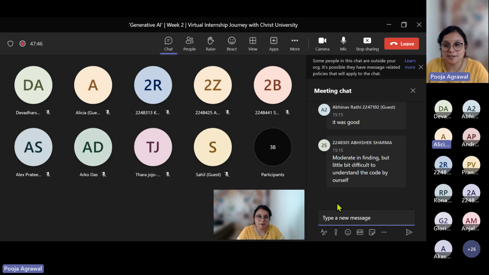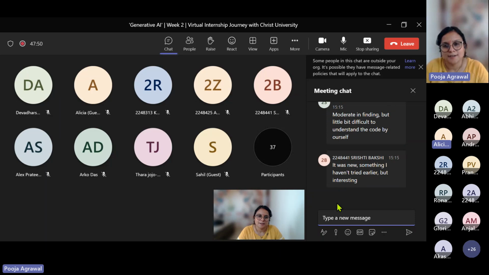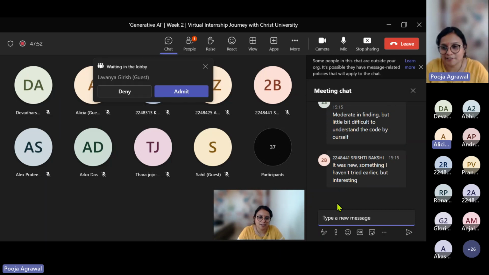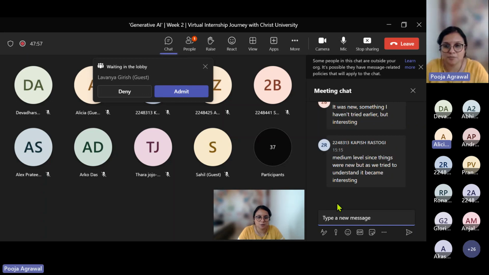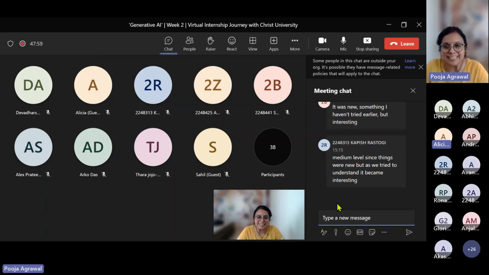But the interesting part is, how many of you were able to use Candy to search? Okay, it was new, something I haven't tried earlier, but interesting. Thanks, Rishti. That helps understand that it was at least helping you guys. Medium level, things were new, but as we tried to understand, it became interesting. Thanks, Kapish.